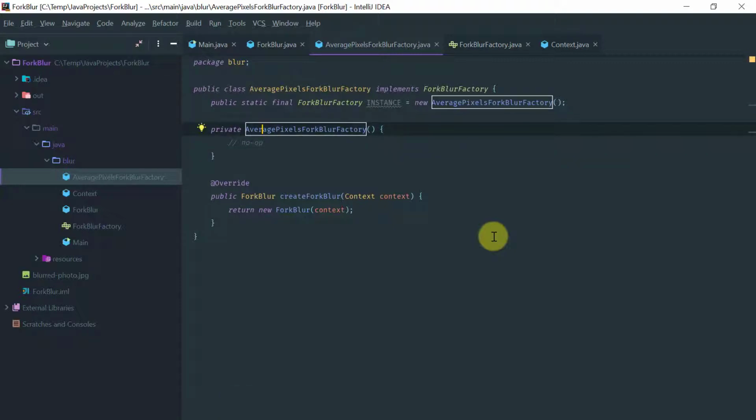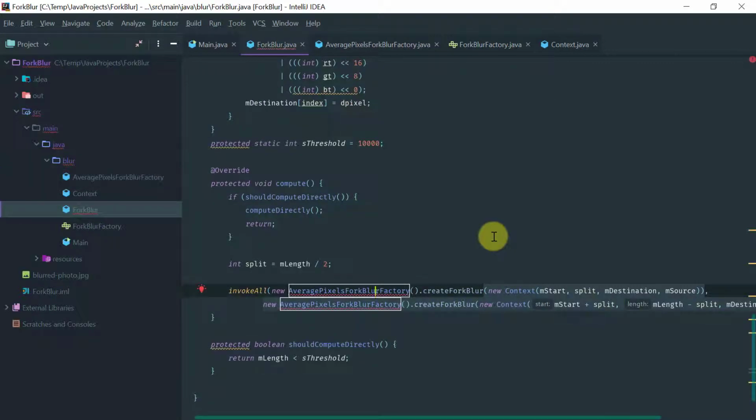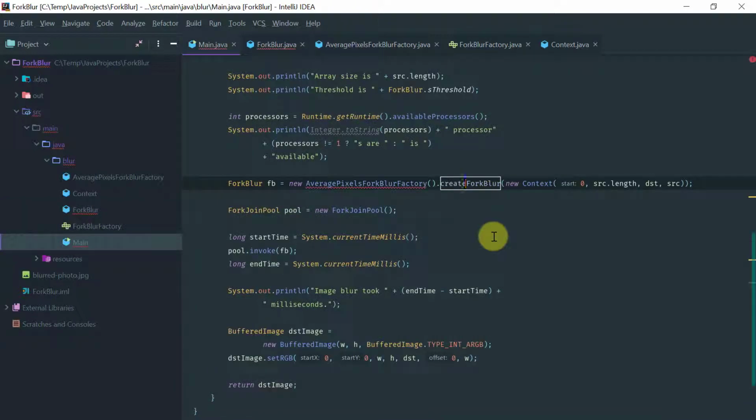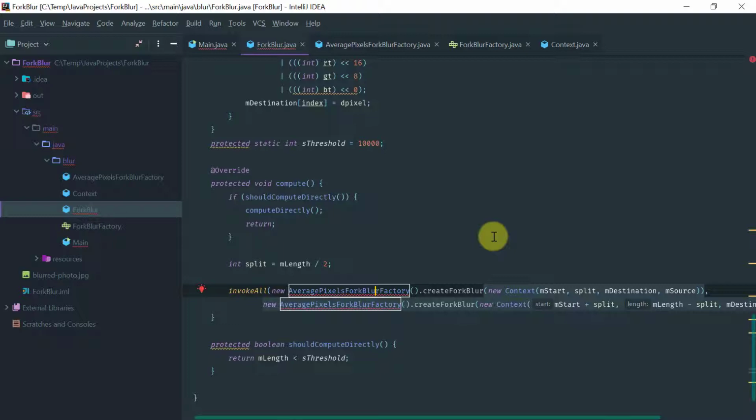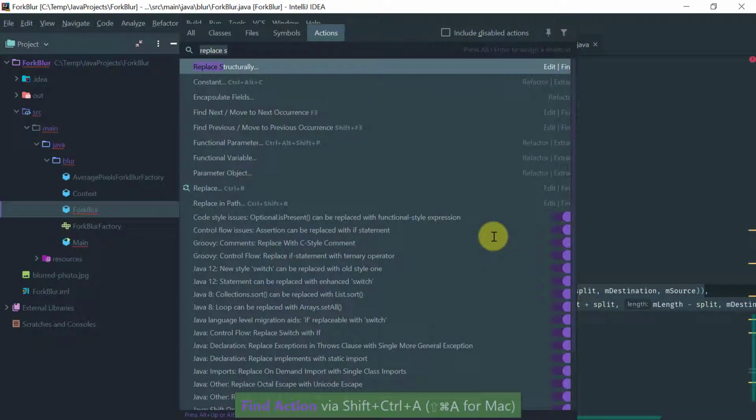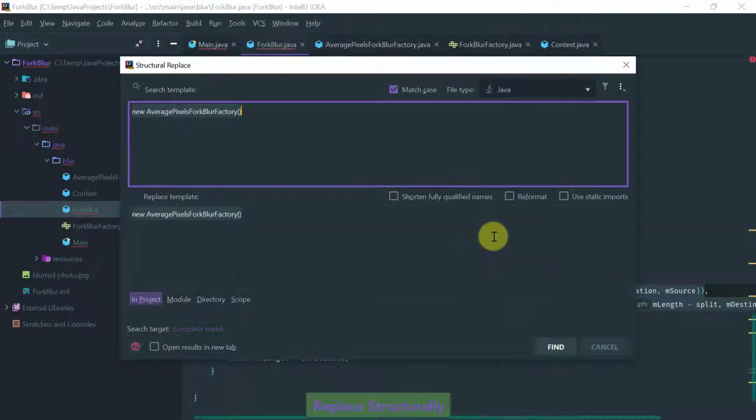Okay, and now obviously all of the places where the factory is being instantiated are broken. So the way to fix that is, there are a few ways, but one simple way to do it is to basically do a structural replace. So let's replace structurally